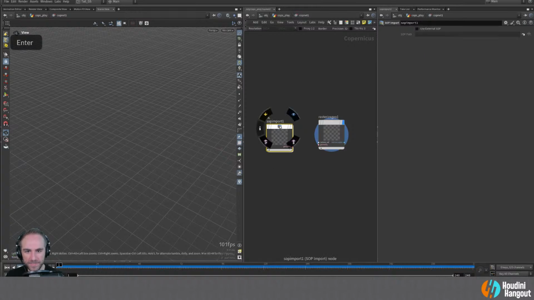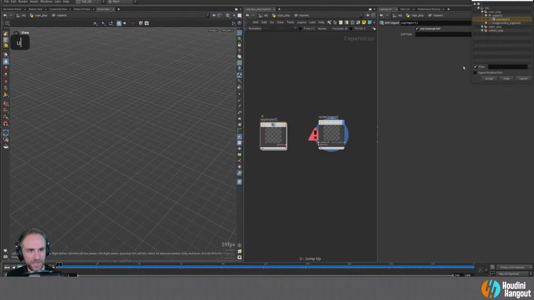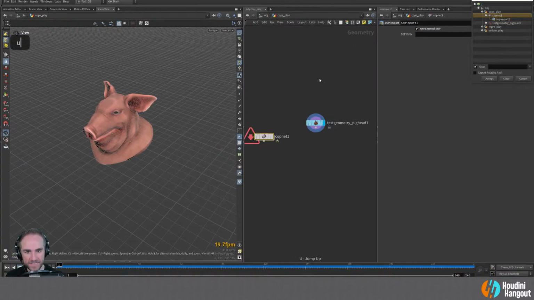We'll do a SOP import. This should give us geometry. So, okay, we can use an internal one. We can also use an external one. So let's do that. And I'm just actually going to put a null down here and say